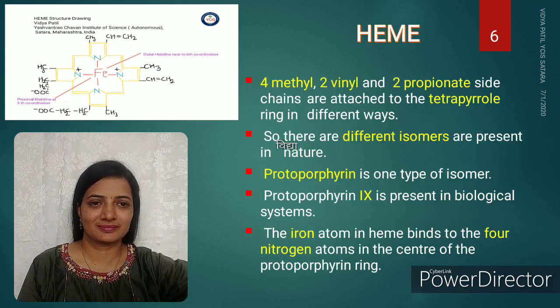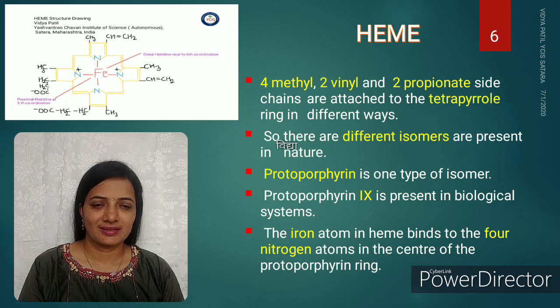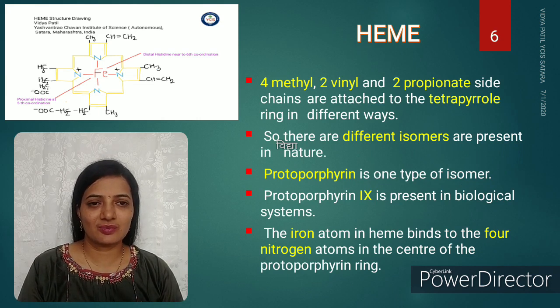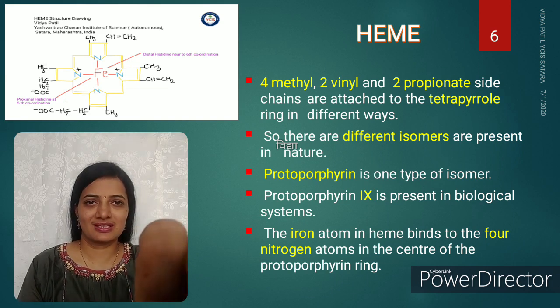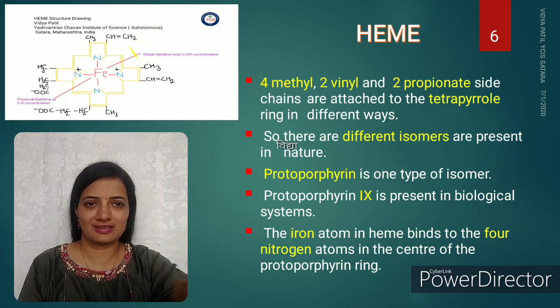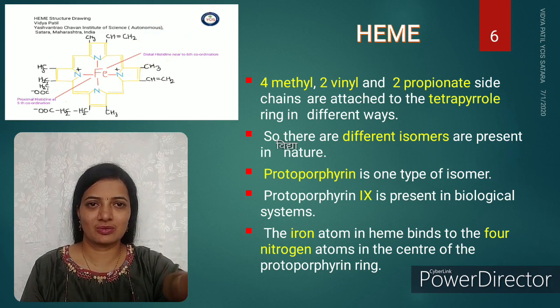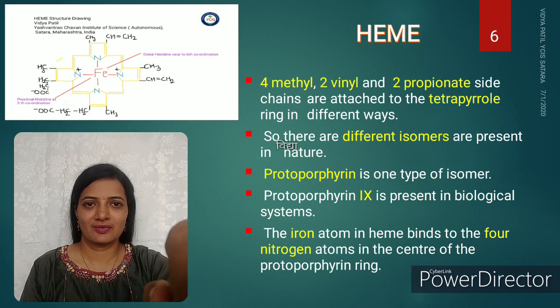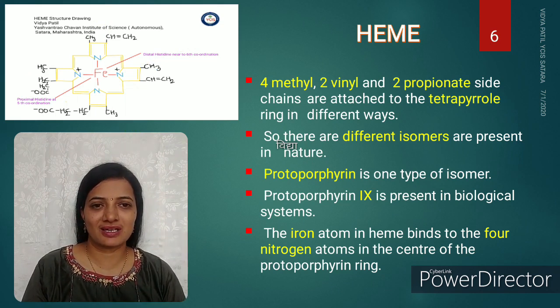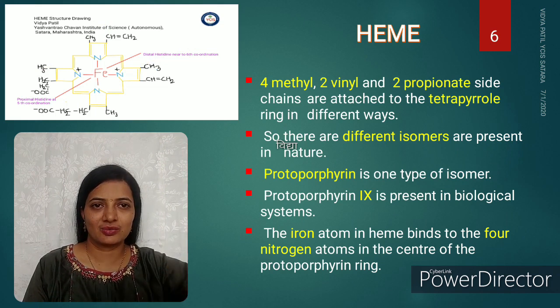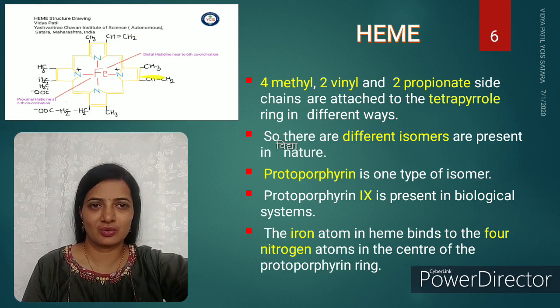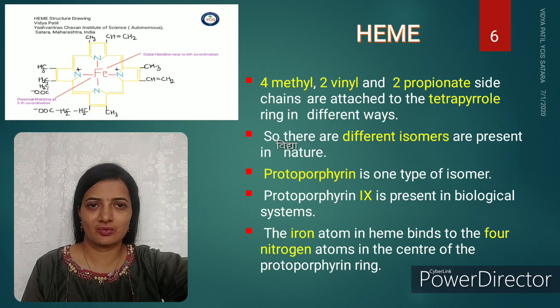Then 4 methyl, 2 vinyl and 2 propionate groups, a total of 8 groups, are attached to the tetrapyrrole ring, which is shown in this structure. In this structure there are 4 methyl groups, 1, 2, 3 and 4th one. These 4 methyl groups are attached, while 2 vinyl, this one 1, 2, and these 2 propionate groups are present